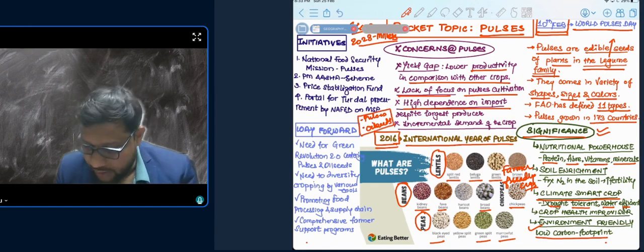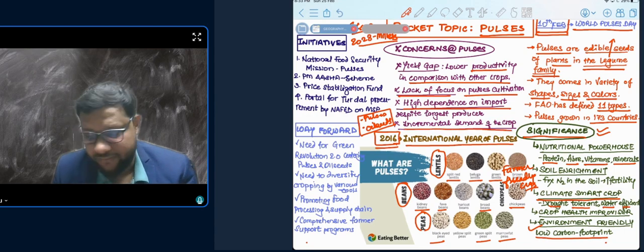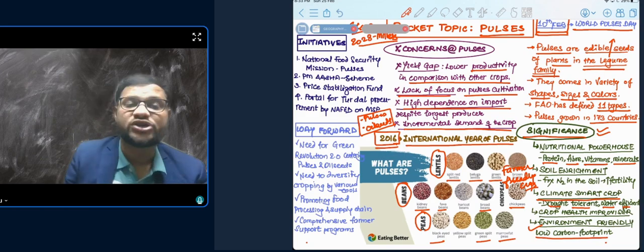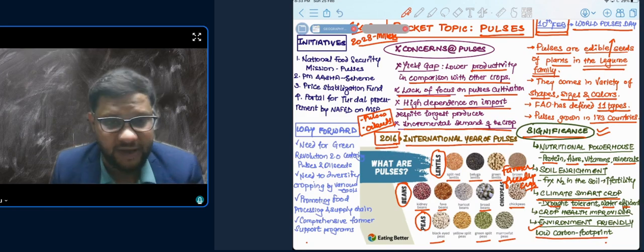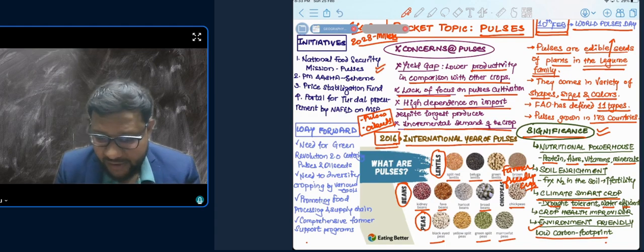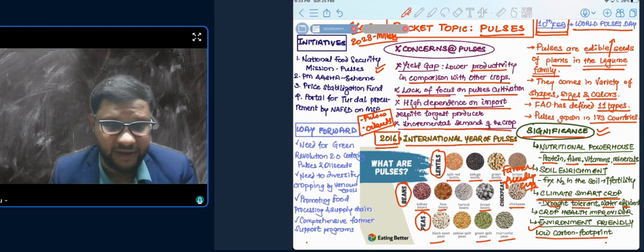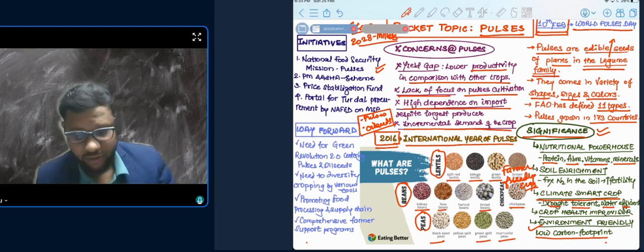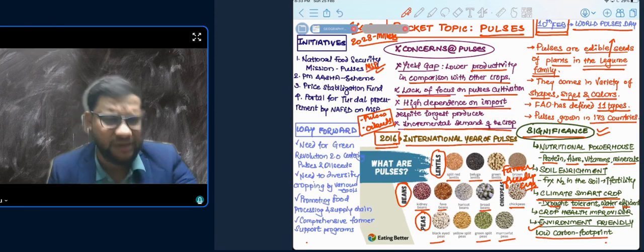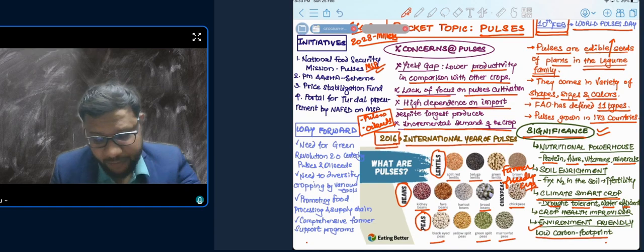Then the incremental demand of the crop: the concern is that day by day the demand is increasing, and accordingly production fails to keep pace, and that's again a concern. So what are the initiatives the government of India or different state governments have already taken? You'll find the National Food Security Mission includes the pulses as a very key ingredient. Absolutely, the government will procure on MSP, right? Farmers' protest is going on anyway, so not in connection with the pulses though, but pulses MSP will be declared, and you will find it forms a part of